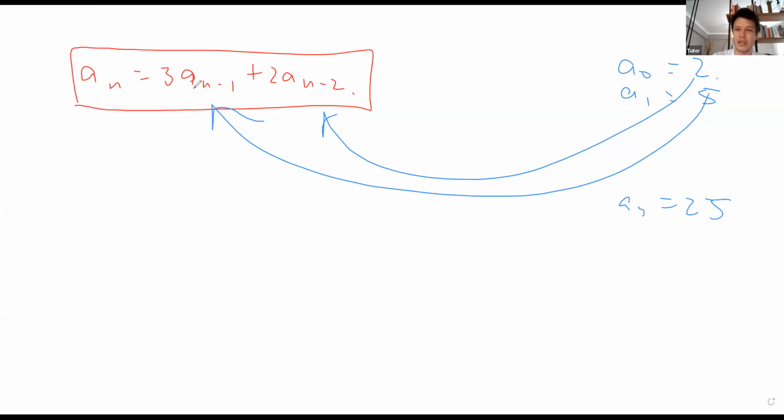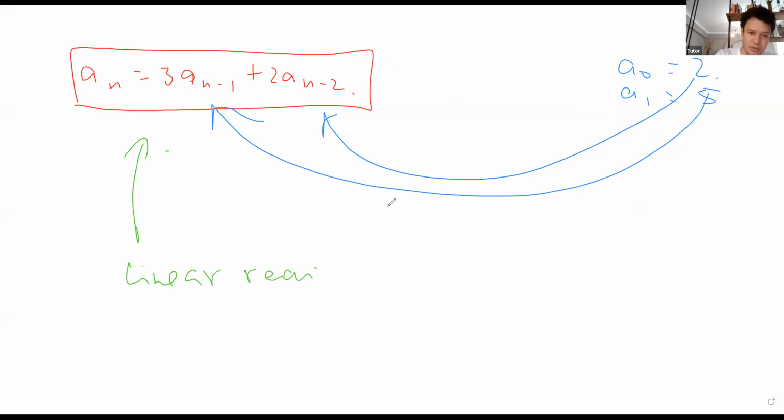And then you can again plug in a_1, a_2, and then you get a_3, and then you plug a_2, a_3, you get a_4. So basically we have sequences like this. These sequences are called linear sequences. So let me clear this. Let me just write it down. So this is called linear